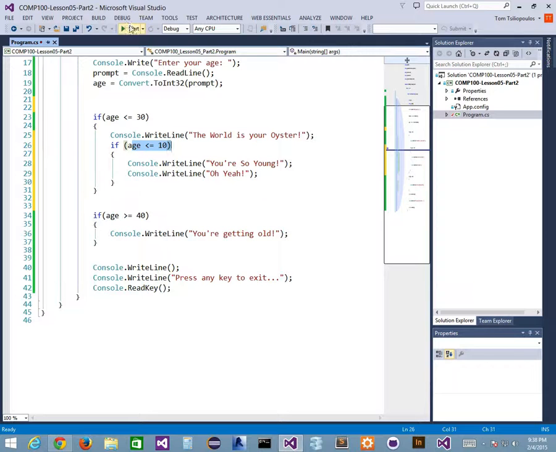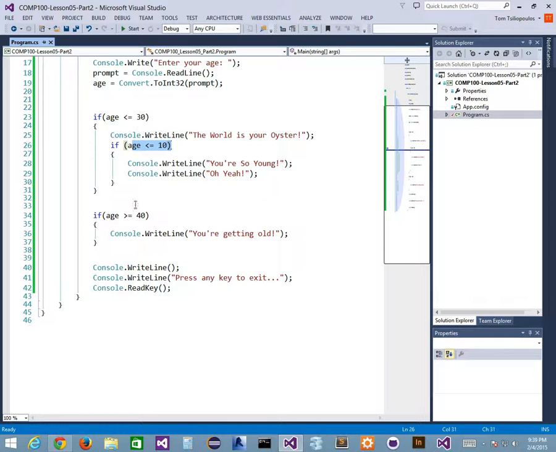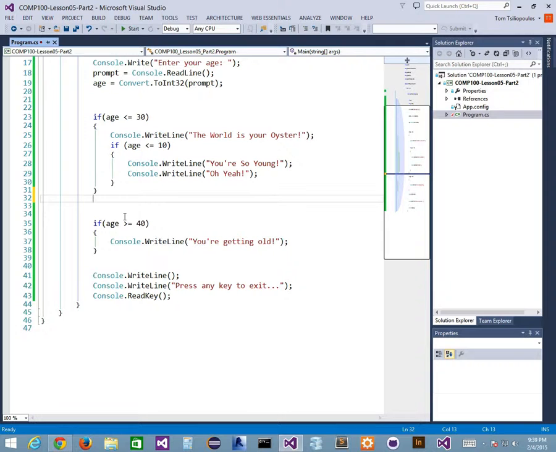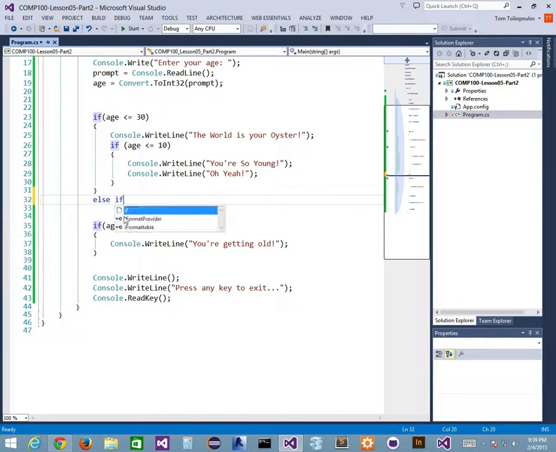Right? Let's try this out. So just a different way of writing. So my age is 31. Nothing happens. Right? Why? Because from 31 to 40, there's nothing that captures that. Nothing that captures the age between 31 and 40. I've got to make another thing that says, I'll say else if, here's another way we